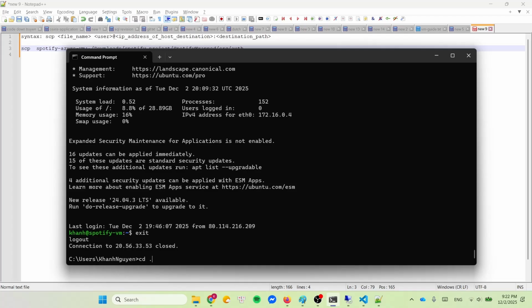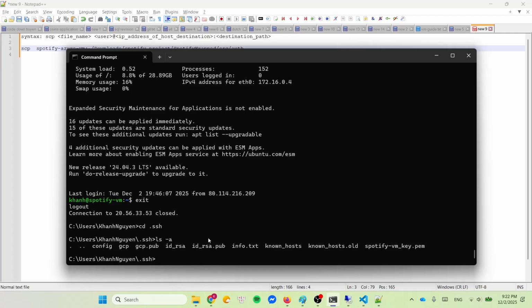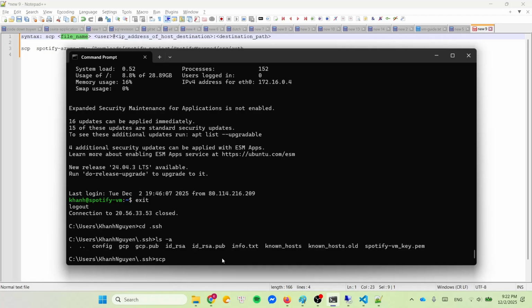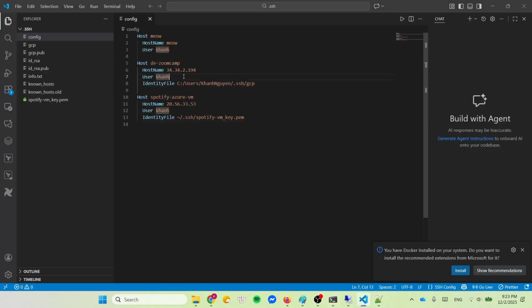It is in the SSH folder. So this one, I will copy this file into my Azure virtual machine. So how will I do that? First of all, scp, and then my file name, which is Spotify VM key.pem, and then the user and IP address. But since I told you that I already have the profile in the config here, I can simply use this profile